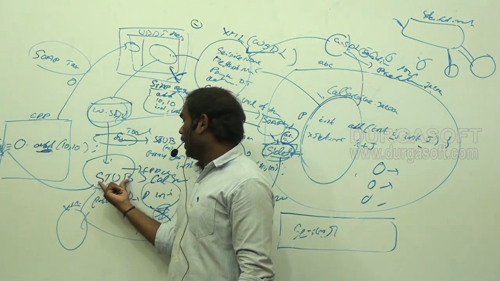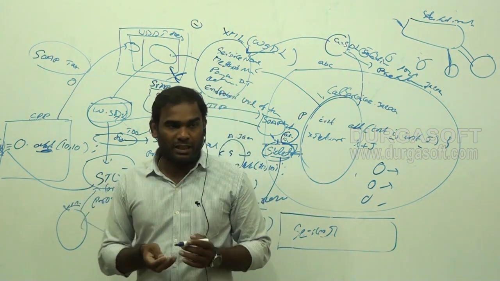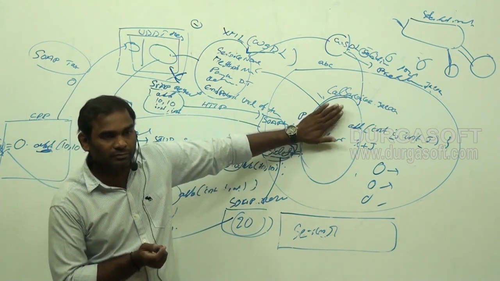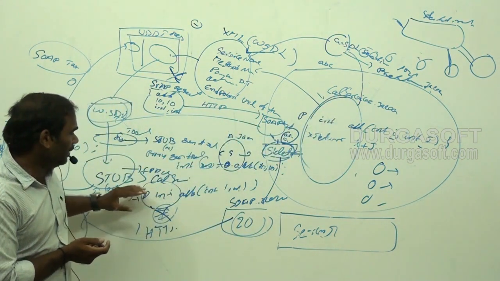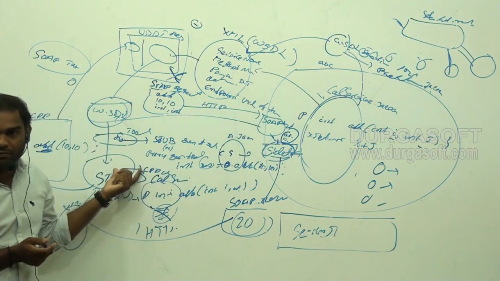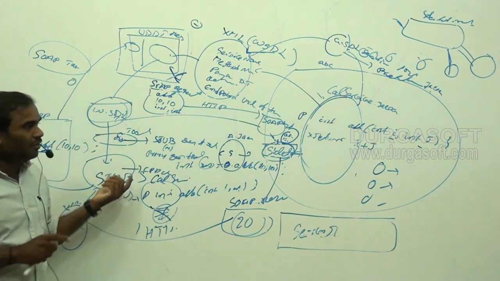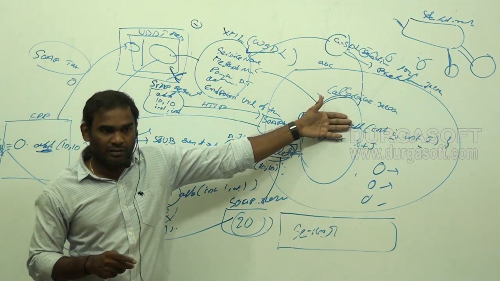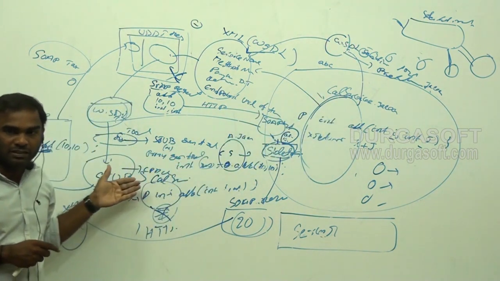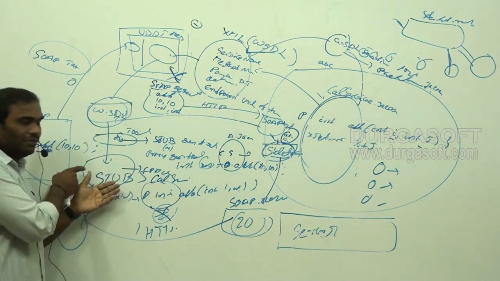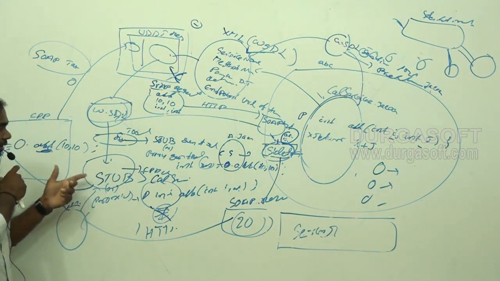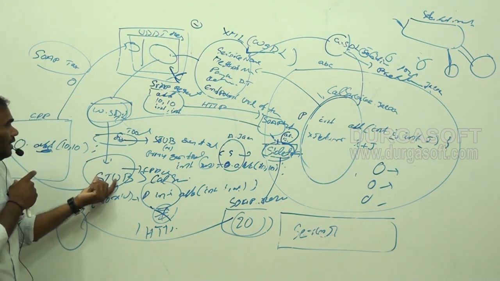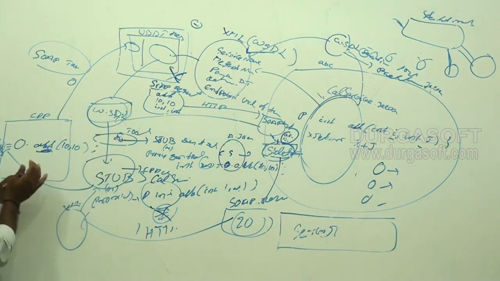Now I told you a stub is a generated class. It looks like your service class. Why? Because whatever the service class name we have, with that service class name the stub will be generated, and whatever the method signature we have, the same method signature we have here. So the client can always think that the stub is the service class, so he will create the stub object. On the stub object, he will invoke the service class methods by passing the parameter values here.